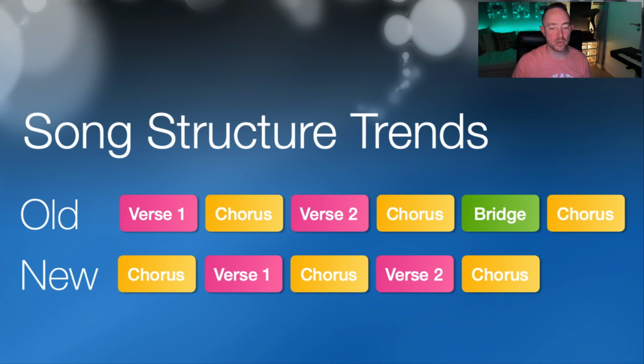So you can see in the old version, there was a bridge section, which we did see in some of the songs. They not only did 8 bars, sometimes it was 16 bars long. This new song structure, they're missing the bridge and they're missing 16 bars. And therefore the songs are coming out a good 30 seconds to 1 minute shorter. That is the new song structure.